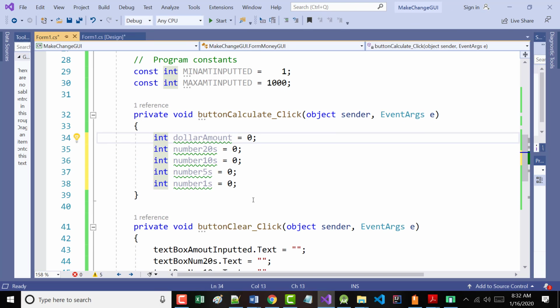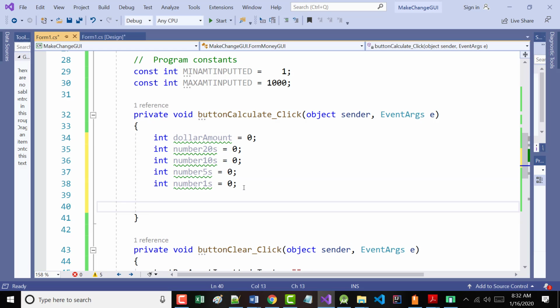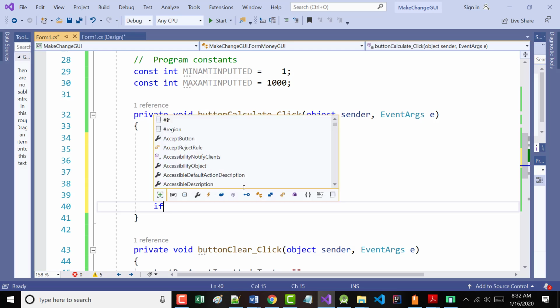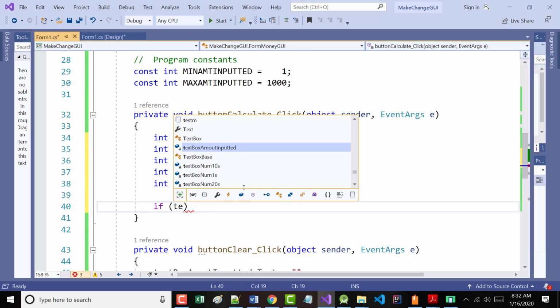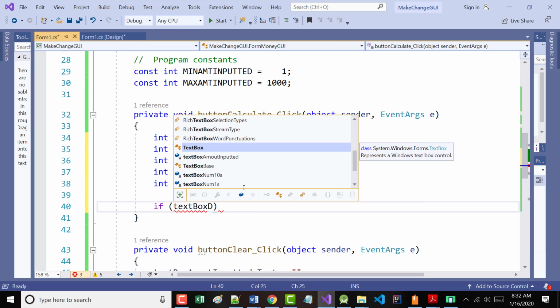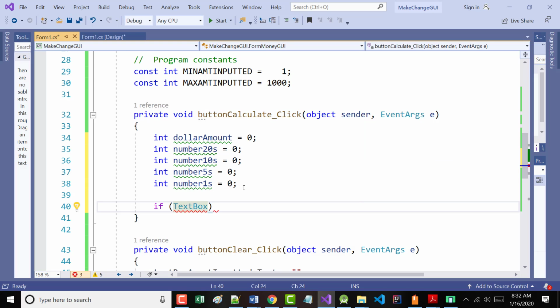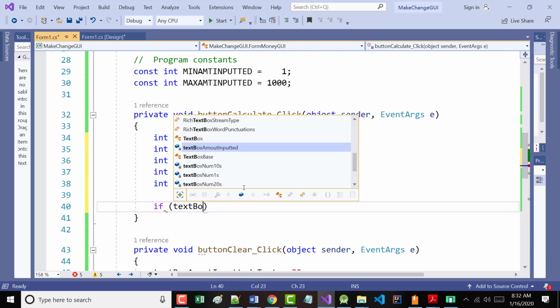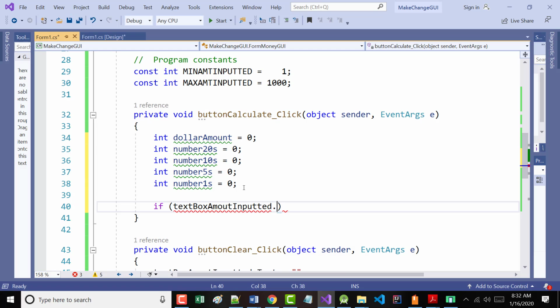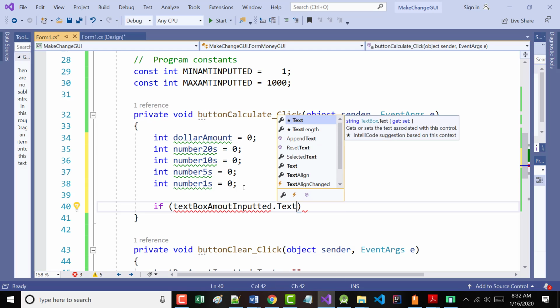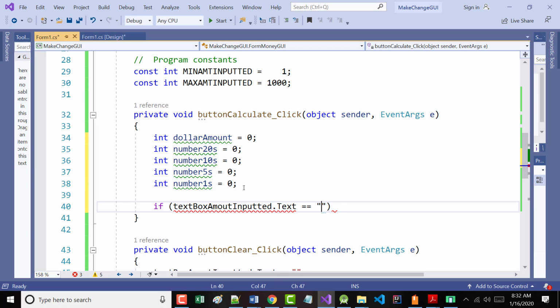So, in other words, if it's empty, we're going to say here, if text box amount inputted dot text, if it equals nothing,